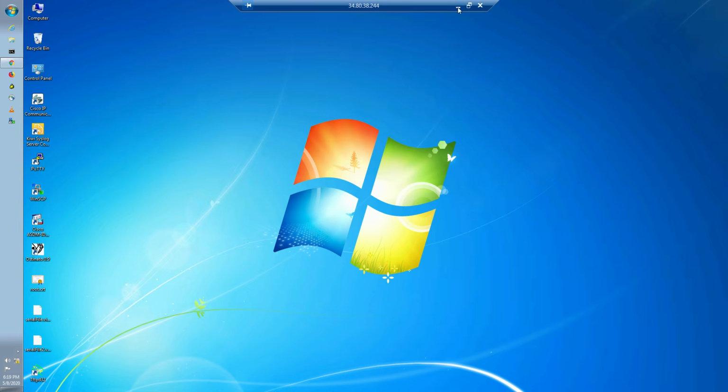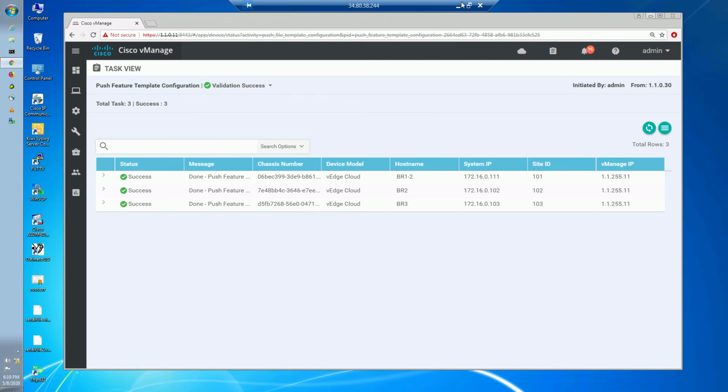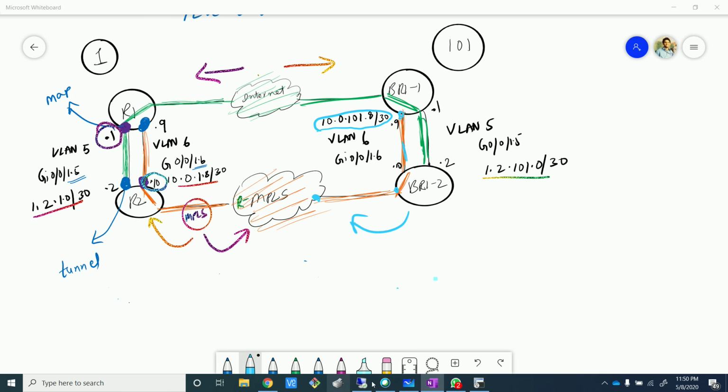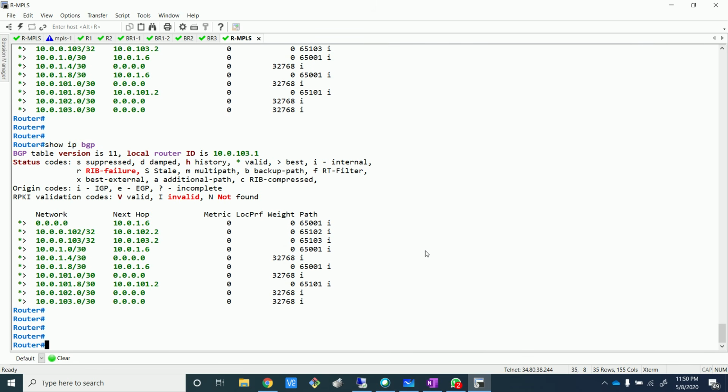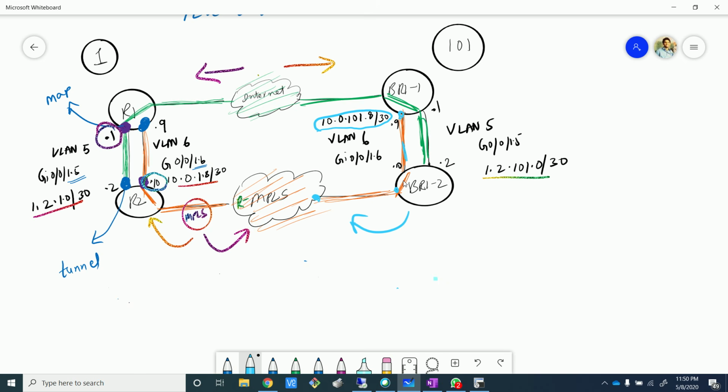All right, so the push was successful, which means we should see the particular, yeah, here you go. So you can see the particular network 10.0.101.8/30, right? The particular subnet which we had just now added over here,